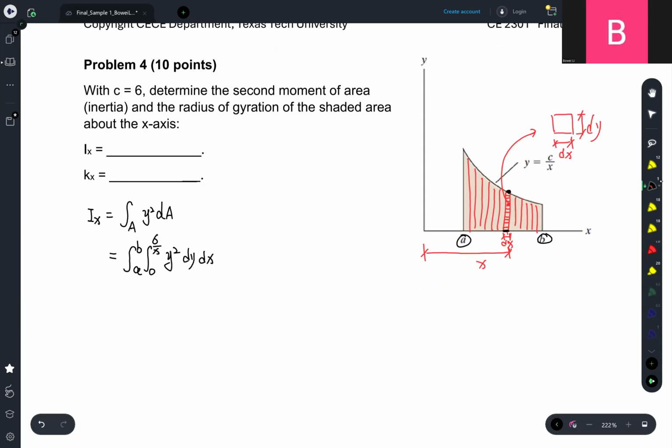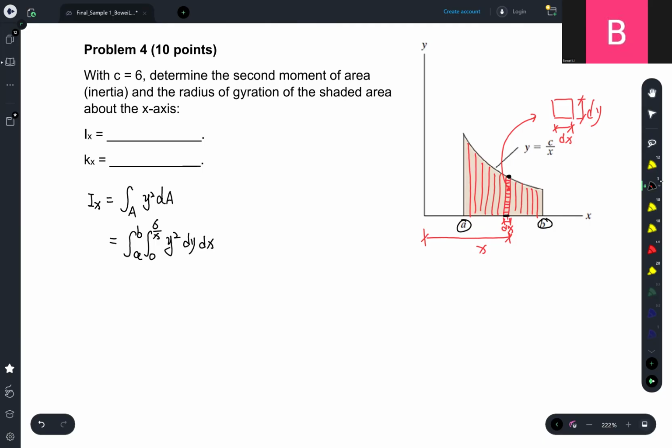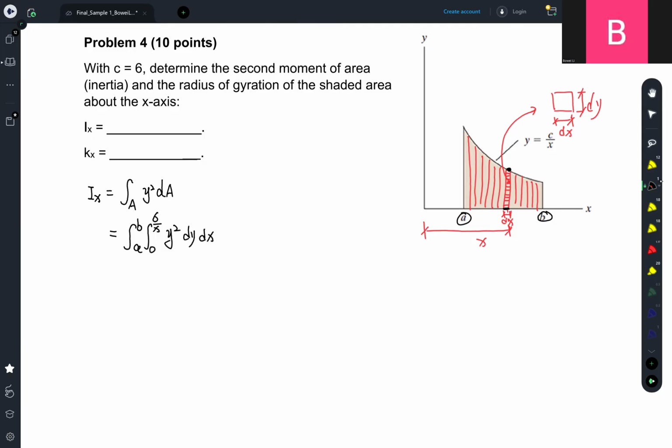So now it becomes a double integration. To approach the double integration, we integrate the inside first and then the outside. The integration inside is the integration of a polynomial here, so it's going to be